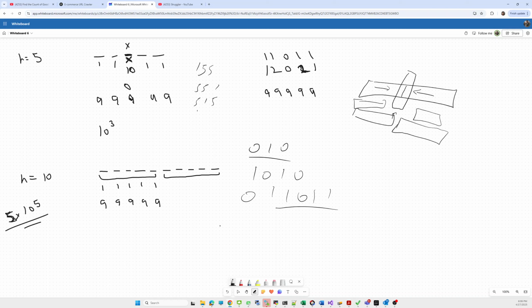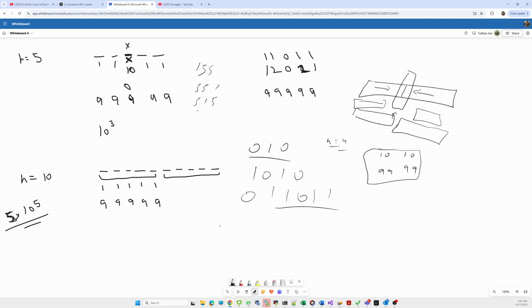So we don't need to look at the whole 10 digits, we only need to look at the half part. Suppose n equals 4, then our range will be from 1001 to 9999, and in this range we have to find numbers which are palindromes.